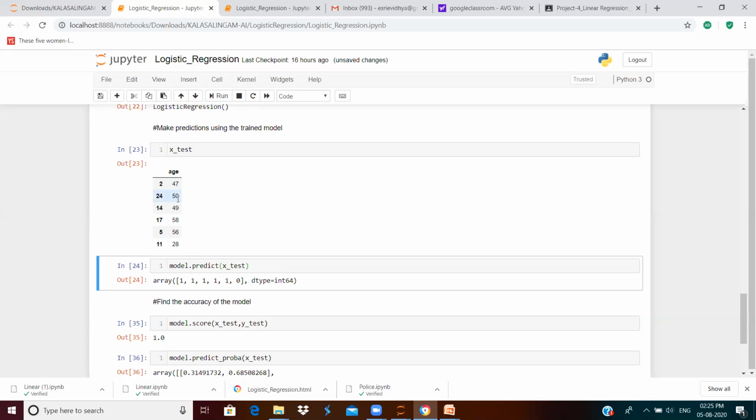For age 50, it is 1. For age 49, it is 1. For 58, it is 1, and with 56, it is 1. For a person with age 28, the probability to purchase is 0. So youngsters mostly are not going for health insurance.